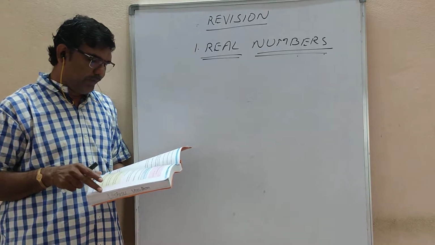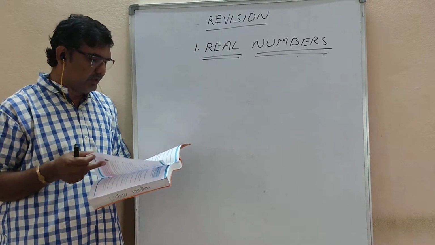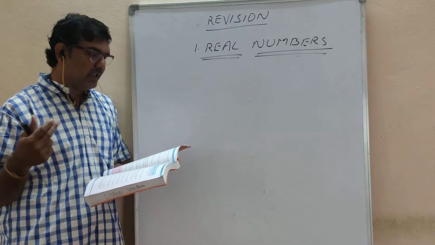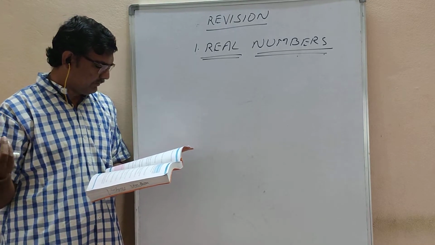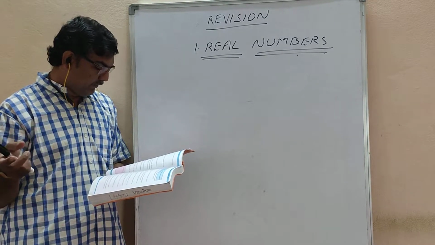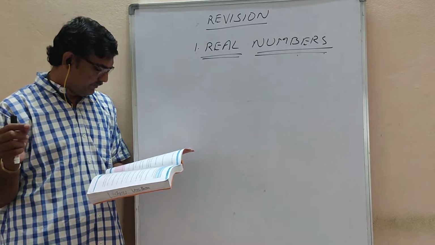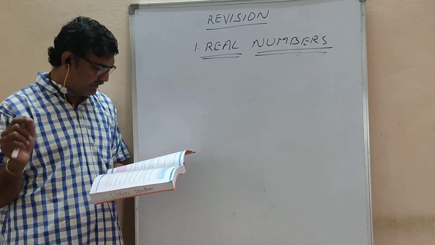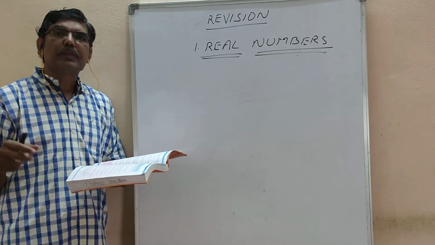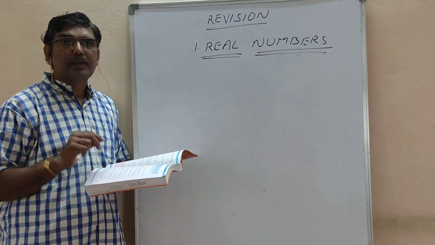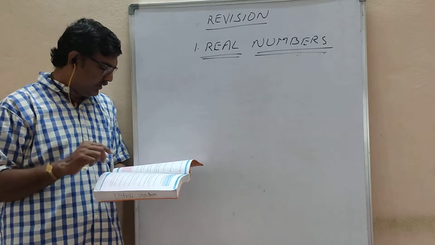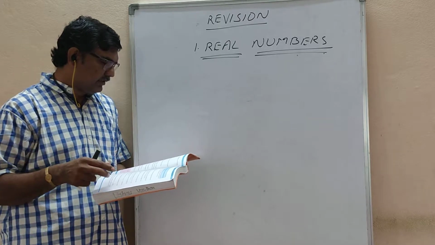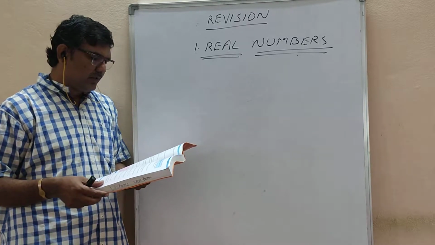First, you have to open the textbook while I am saying the lesson or while you are viewing the lesson. So on page number 4, he is asking to find the HCF of the following by using Euclid's algorithm. By using Euclid's algorithm, you have to find the HCF. So already you know about it.